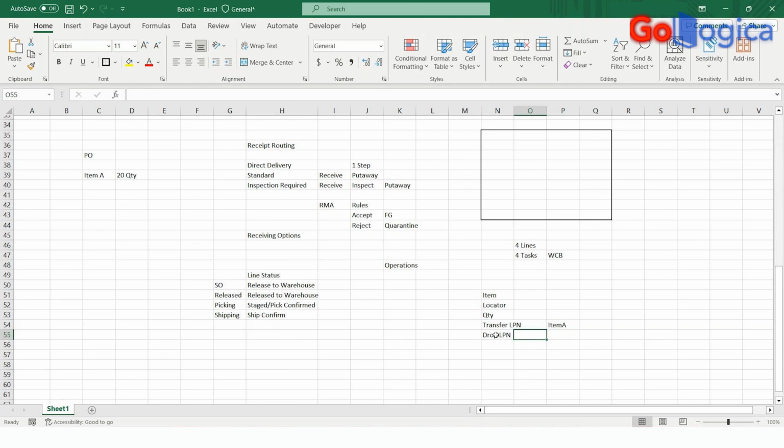So let us say the drop LPN is present now, and you'll click on drop LPN. So it will directly take you to the drop LPN screen, where based on your setup, you will have to enter your staging subinventory and staging locator and hit enter. Also, there is a field called the drop LPN field. Okay, so if you want